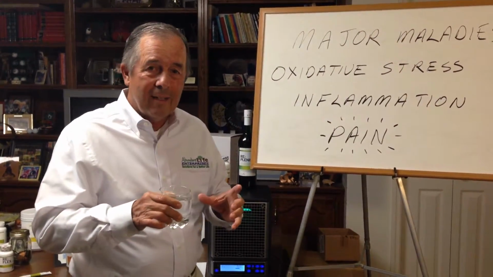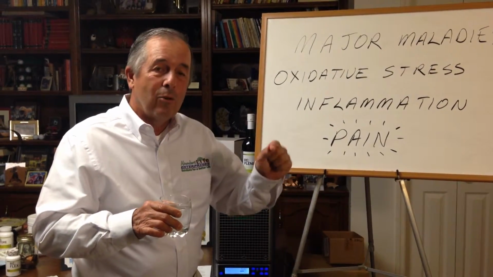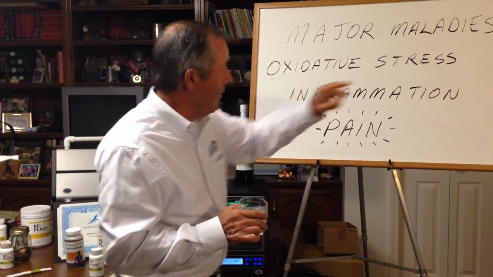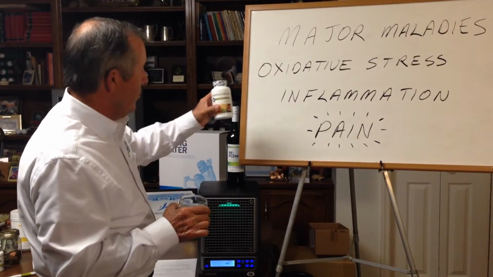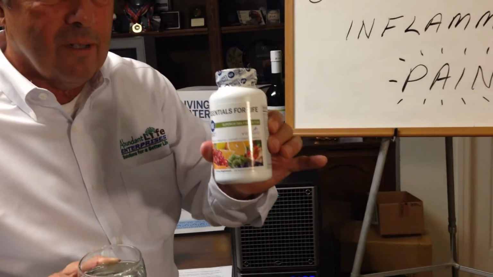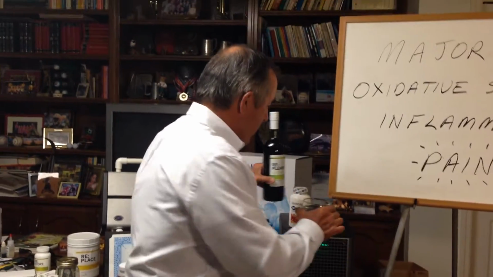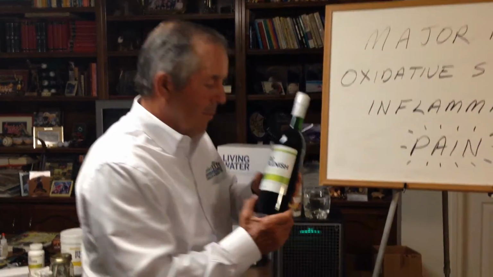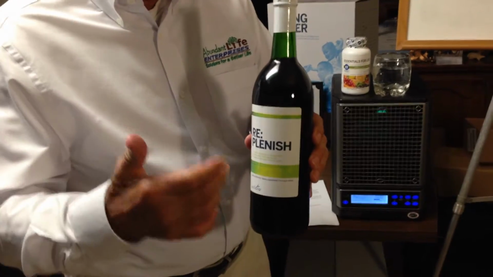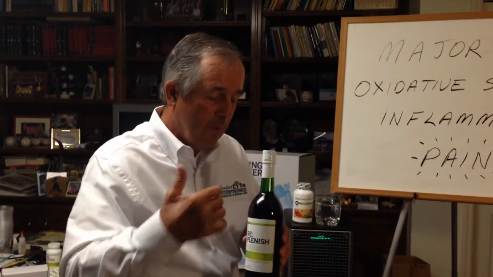We talk about your diet. Instead of eating that junk food that has the sugar in, the white flour, etc., eat green vegetables. They help to alleviate oxidative stress because they're alkaline. We take our essentials for life because we get those 7 to 13 servings of fruits and vegetables every single day, and then every afternoon we have our replenish break, and our replenish break is a muscadine juice, and that muscadine juice is just loaded with phytochemicals and antioxidants which fight the free radicals that build up with that inflammation.